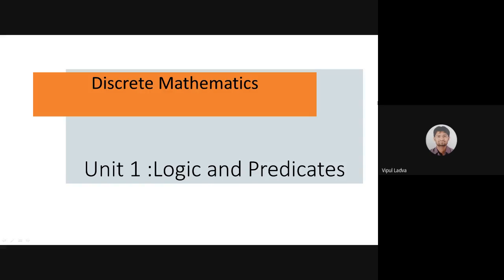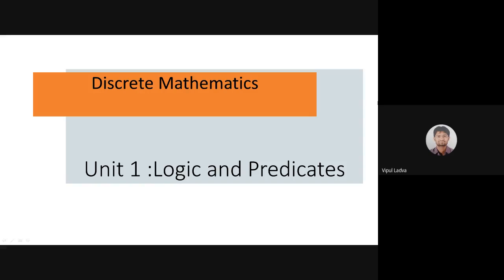Now, if you look at the first half of the syllabus, we are yet supposed to cover the 3 units, unit number 1, 2, and 3, where we are supposed to deal with the logics and Boolean algebra and all that stuff. So now we are entering the second half of the syllabus, discrete mathematics,